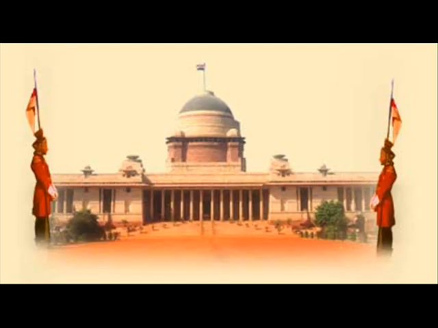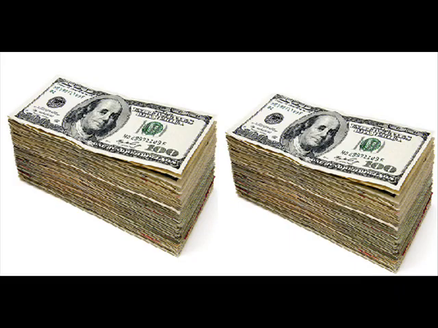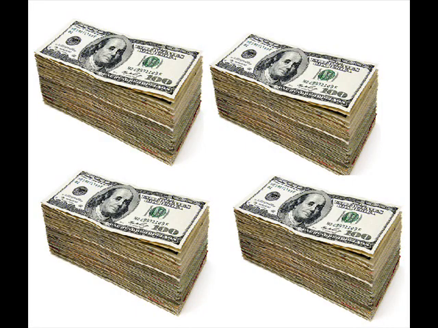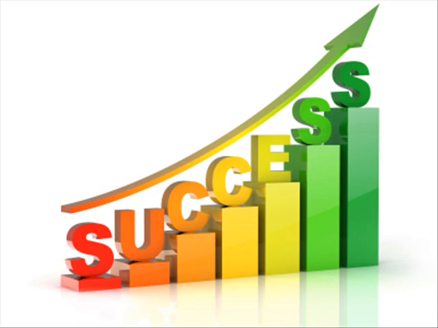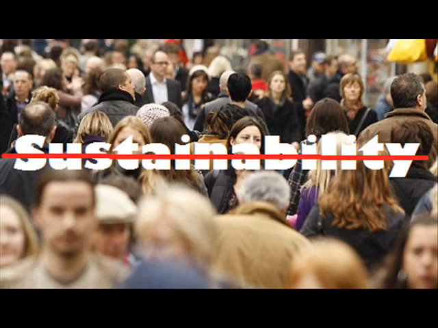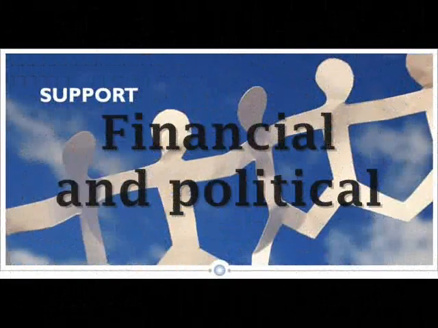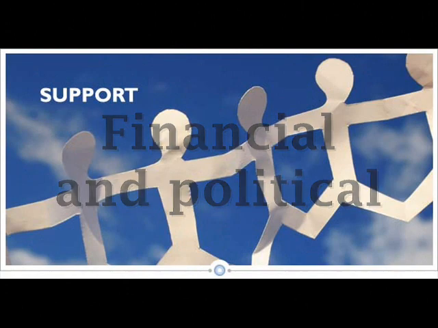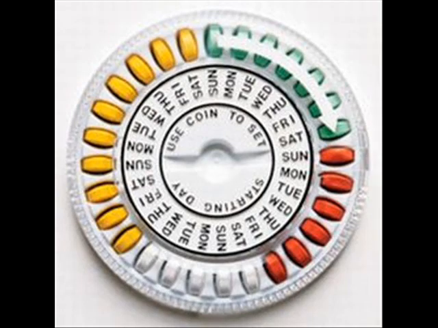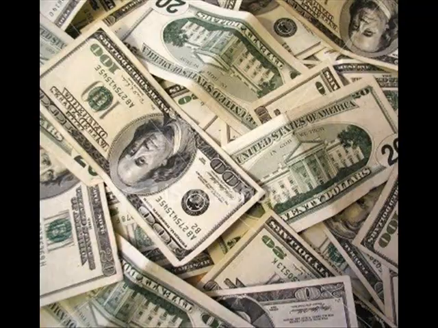The government of India has organized several programs to limit the population increase and has spent millions of dollars on controlling the birth rate. Some of the programs have been successful, and the rate of increase has also reduced, but has still not reached the sustainable rate. In order to solve the problem of overpopulation in India, support, financial and political, must be given to promote and facilitate birth control. India uses cash bonuses to slow the high birth rates.